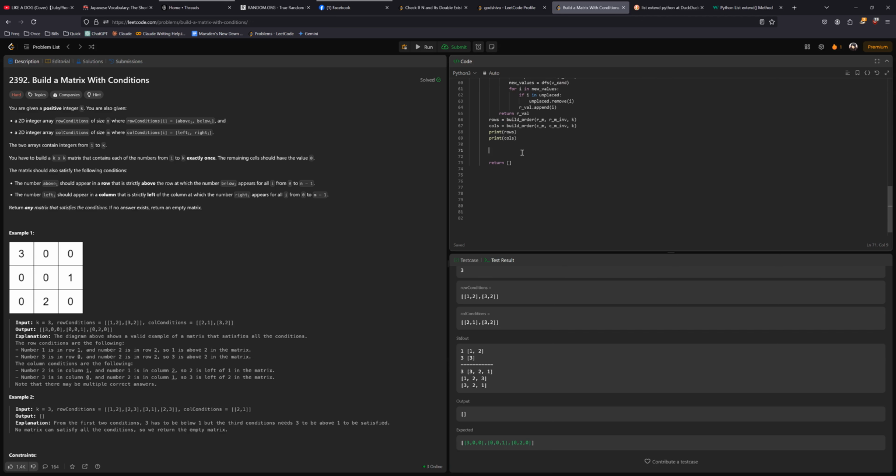So return value equals 0 for I in range k, for j in range k. Now we need to establish the mappings, right? Yeah, but I mean that should be trivial. So final row equals